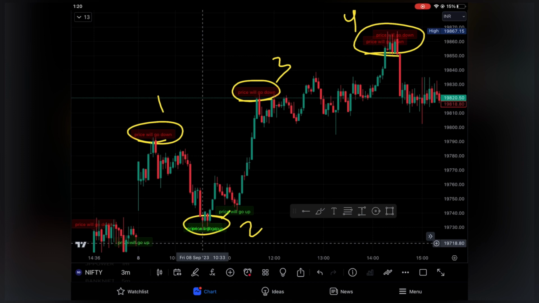The price will go up. So here you can see the signal was generated near the support zone. I'm calling it support because it was near the previous day closing. So let's see what happened here. Let's open Zerodha again,